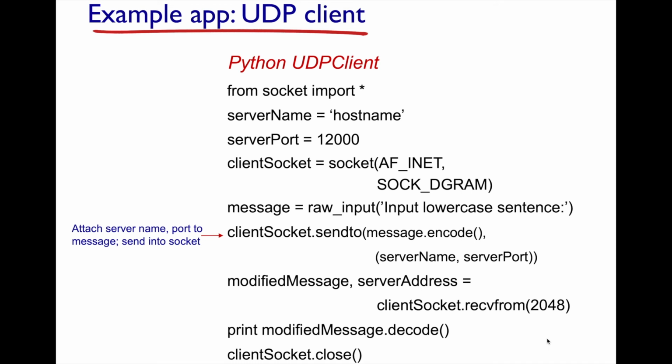So then the next thing the client does is it reads, recvfrom its socket. Now you'll see that 2048, that's a buffer size. Because you're getting data from the network, you need to store it somewhere in memory. And so you do this recvfrom, giving it the size of the buffer you want to populate when you get this information. And so you have the message, and then you have the server address. So then the work done is to decode this message received back from the server, and then the client closes the connection.